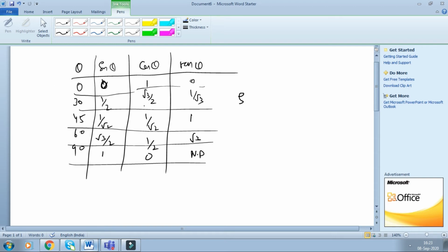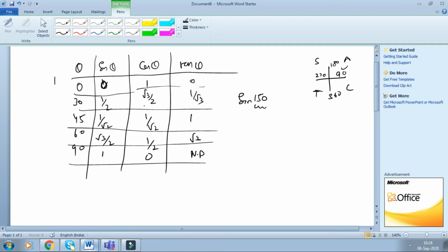Now let us suppose somebody asks you the value of sine 150. So here the quadrant system can be used. How? I will tell you how to attempt these kinds of questions. First of all, you have to break this 150 in the quadrant system, that is in terms of 90, 180, 270 and 360. You just draw it roughly here and write it down, for your own knowledge from school to college, and then we will do all the things.